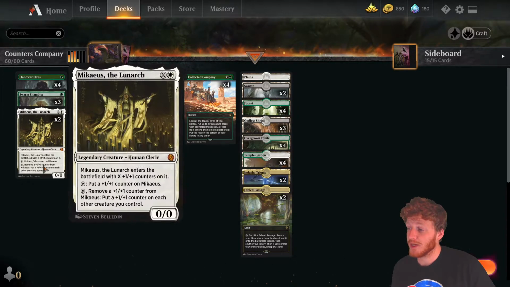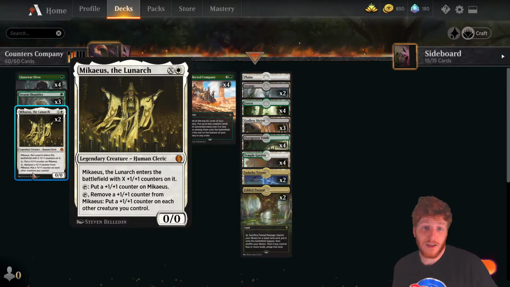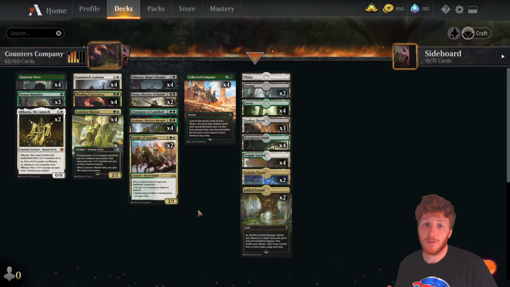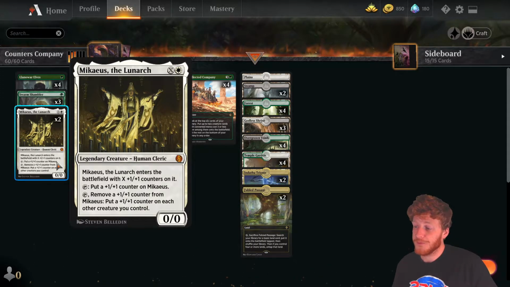So instead, we're playing 2 copies of Mikaeus the Lunarch, because you might still run into the occasional chance where you reveal both of these, in really bad luck. You might reveal one, and you can't put it into play because it'll come in as a 0/0 and just die. But this is probably the better pick between Stonecoil Serpent and this,